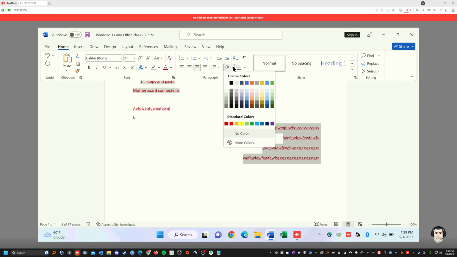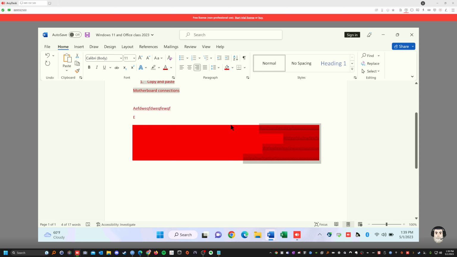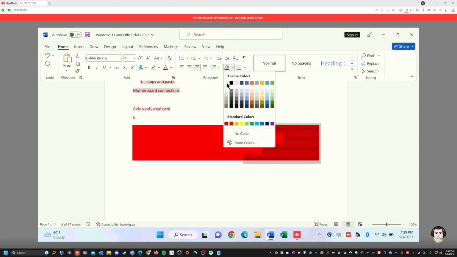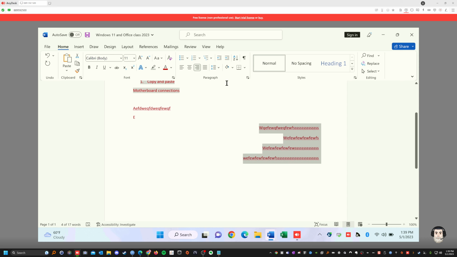This one right here, theme colors, whatever color you want, right? See the whole thing? The whole paragraph is a different color. It's the paragraph. So I usually don't use theme color. So this is the font, this is the paragraph. The same, this is the heading, the style. Right now it's normal.